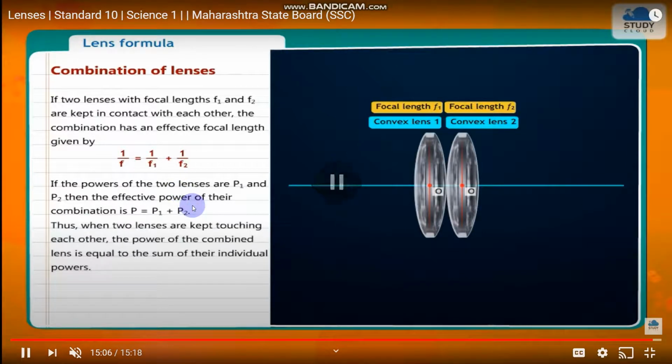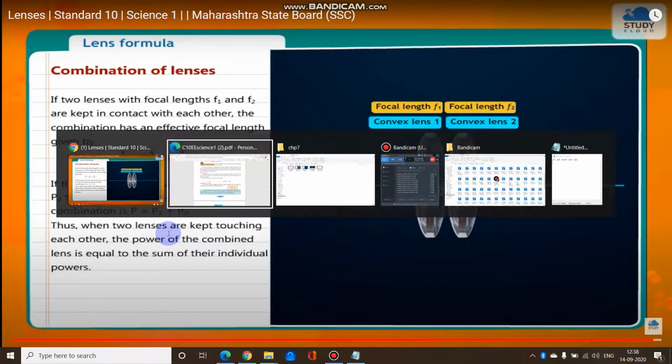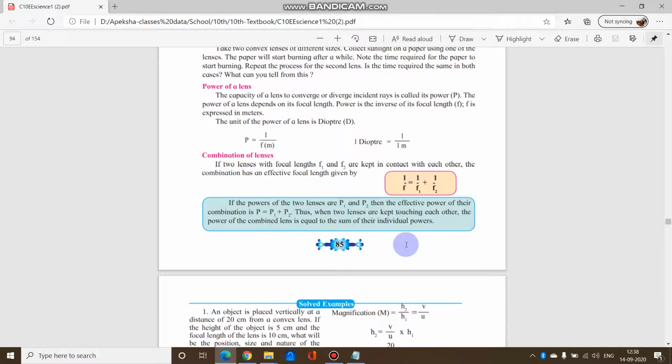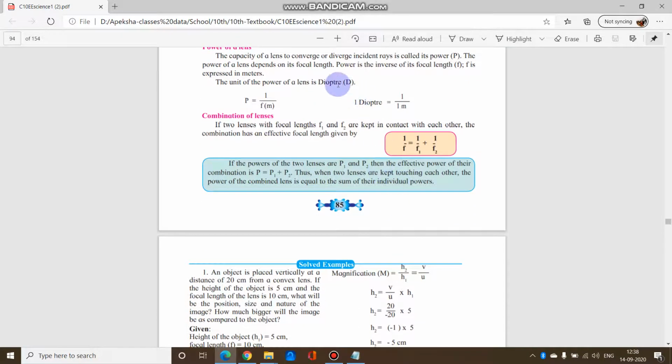So this was all about the power of lens. See, the same thing it has been written over here. इसी को हमने statement में convert किया है. So this was all about power of lens. तो अब तक जो हमने सीखा है, I told you last video में that the sums formula and the sums will be solving. Along with that power of lens जो आपके textbook में दिया हुआ है यहाँ पे see power of lens यहाँ से लेके ये यहाँ तक पूरा over here. This entire thing you will be writing it twice and you will be submitting it as an homework again.